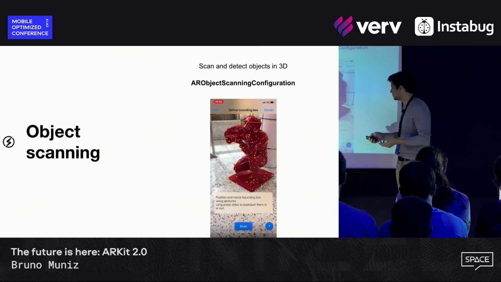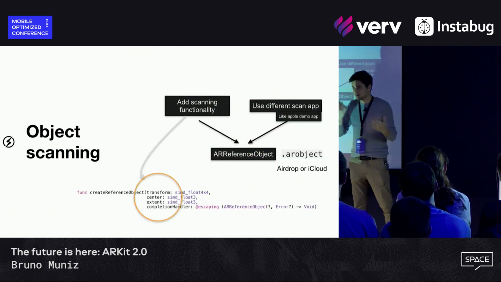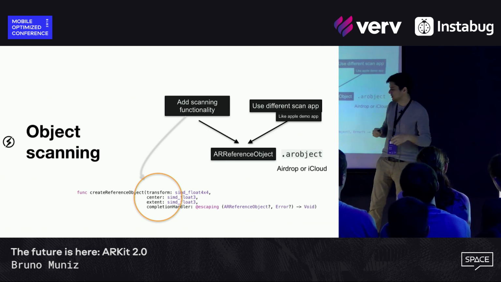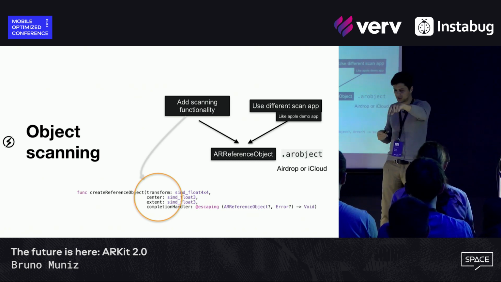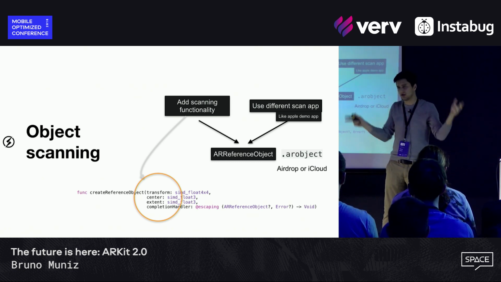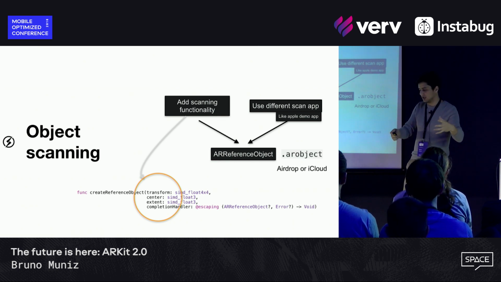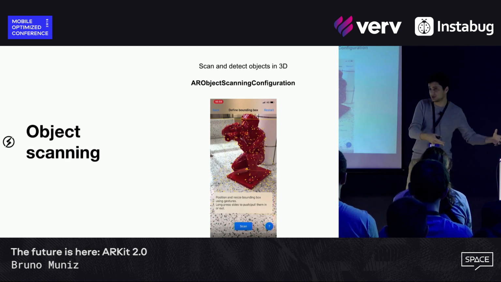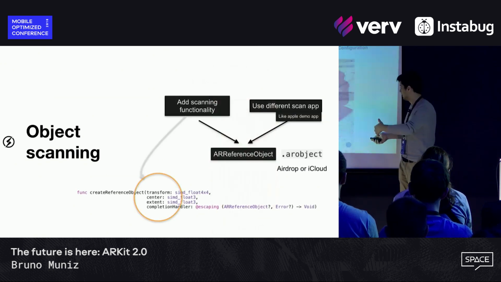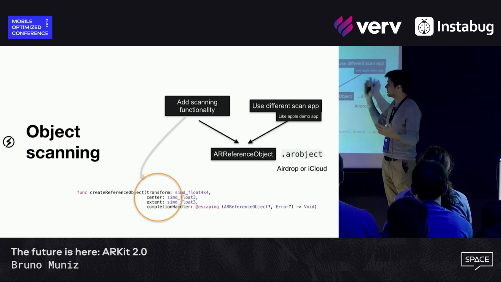If you want your app to be a scanner, you can implement the function. But then you're going to have to somehow make the user set the center of the object that you want, the extent of it, set every property for it, because that's what's called the bounding box. That's quite a lot of work. And if you use this example from Apple, you can pre-scan your objects and then send them via AirDrop or iCloud, for example, because it doesn't really matter where you scan, you can just share